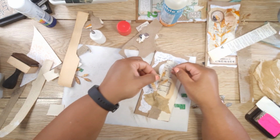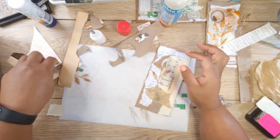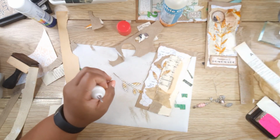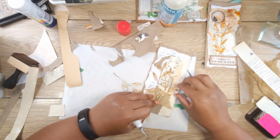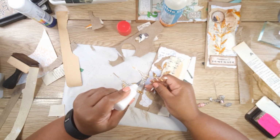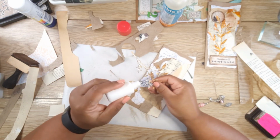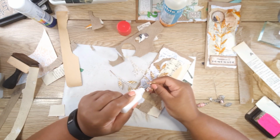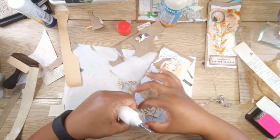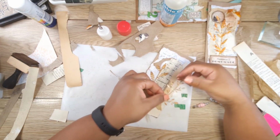So let's add that one there like that. Now this is quite a neutral tag. It's coming out to be quite a neutral tag. And then this one. Wait, before we add that, let's see if we can add this here, somewhere here, maybe like that, because we've got this piece. Now this is annoying. Okay, if I was making this tag off camera, I would have used my gel, acrylic gel medium, to stick it down. But because it requires some drying time, and I need to get this video out in a certain amount of time,